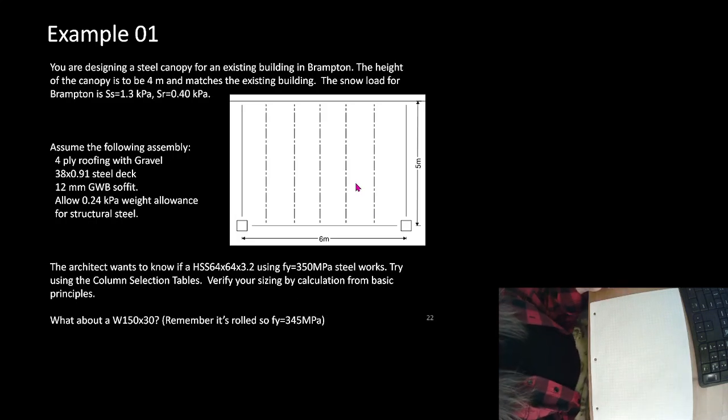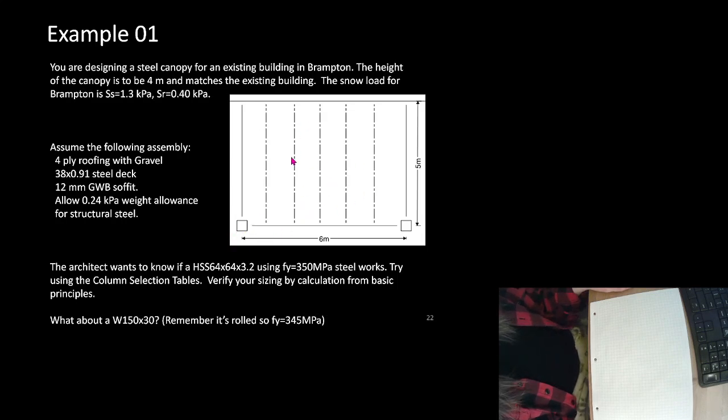Okay, so let's take a look at some things on this example here. We know nothing, really. We have to figure out everything. This is exactly what would happen in a project. We have what the roof assembly is. We know where it is, so we can look up some climatic data. We know the layout of this, but it looks like we're going to have to figure out the worst case